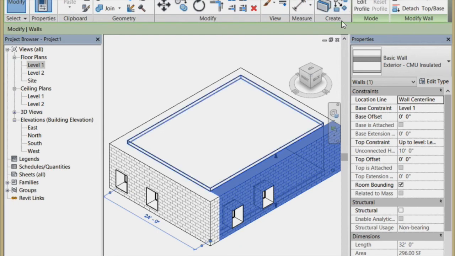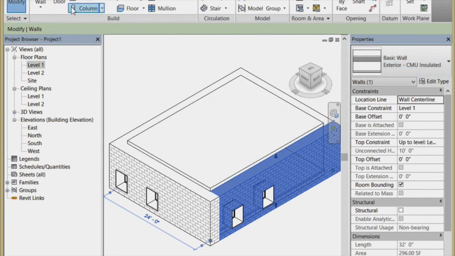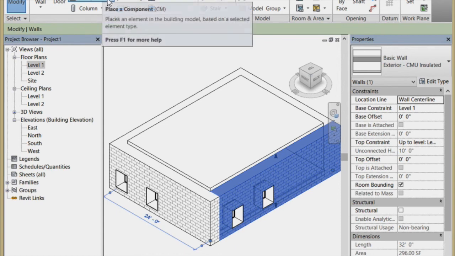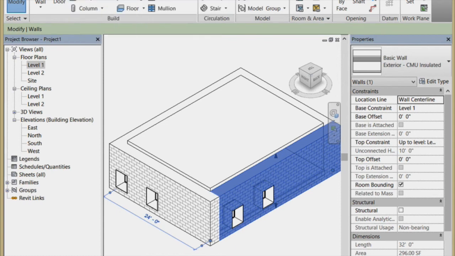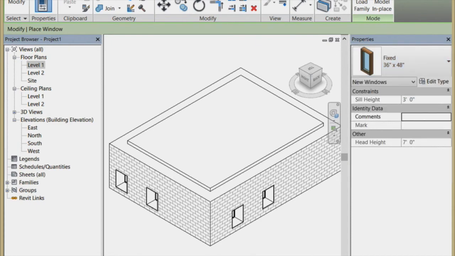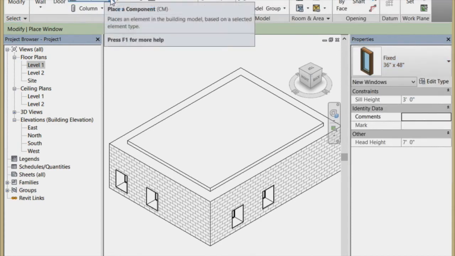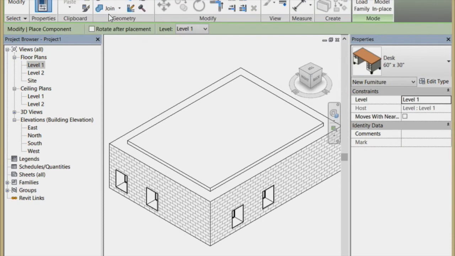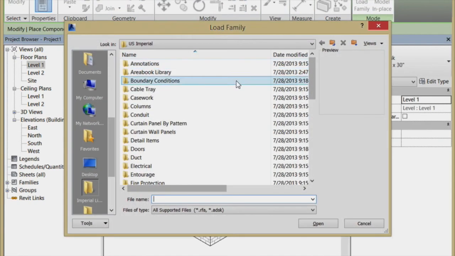We can also go ahead and put skylights in this building. Where are they? Do they live under skylights? I don't remember windows. Let's see if they're even hanging around in here. I think I have to go load them up. But they have the same basic property. Skylights are basically just roof windows. If I go out and find skylights,